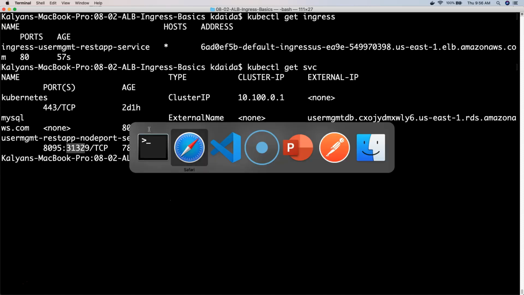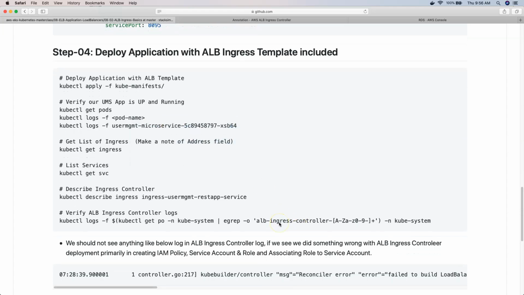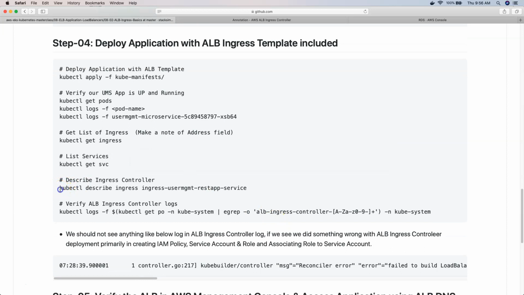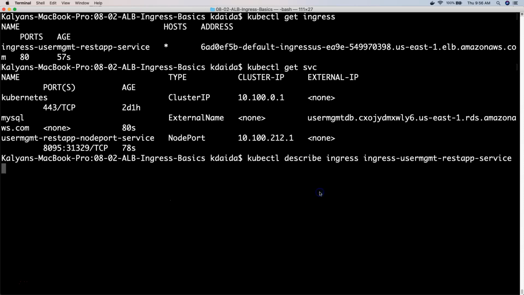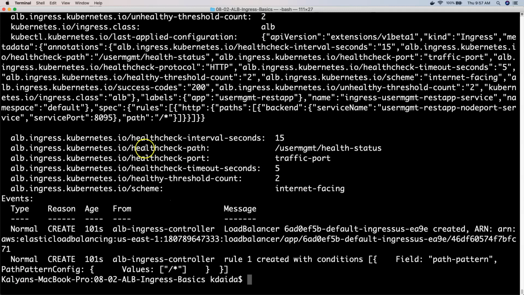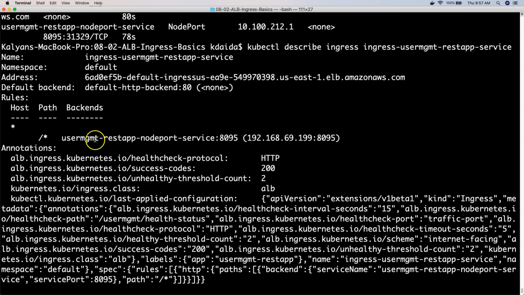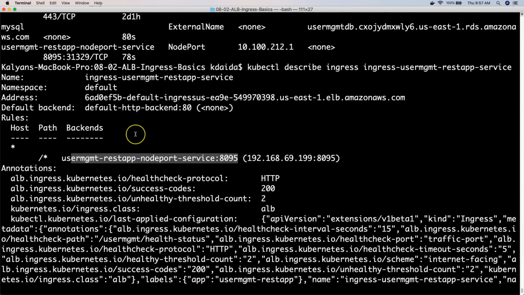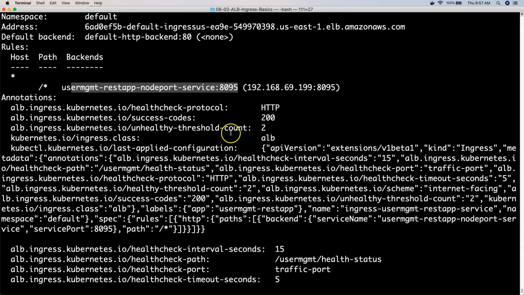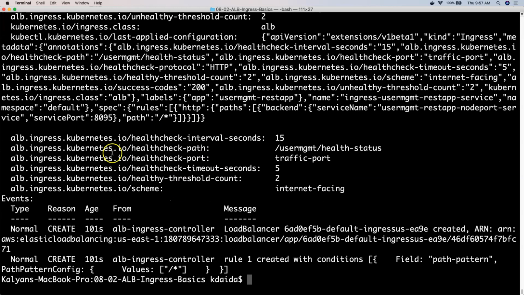So now let's go back here and then verify the ingress controller. Describe the ingress controller, whatever we have created. Okay, so we can paste it here and then describe it. So this is for our additional understanding only. So which means what all annotations it has taken into consideration when deploying it, and what is the host, */* should go to this node port service. All this information you can see. So whatever we have deployed, the same thing is going to be there in the describe also. But just to understand what it has deployed, we can see it here.